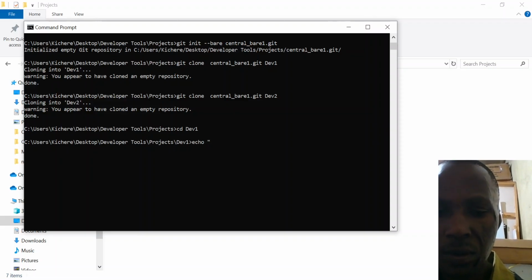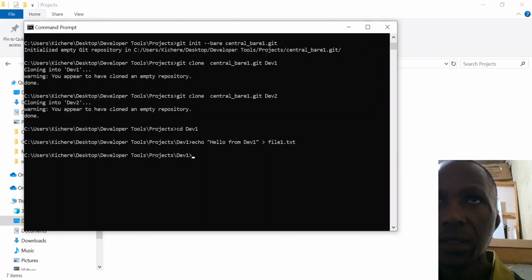So echo hello, save it into file1.txt, and then we will add this file. So git add file1.txt,